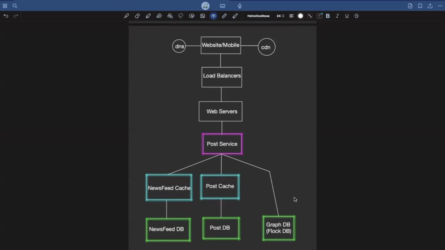So from the post service, the post will be written to the newsfeed cache for all the users. The post service will get the followers for this particular user from the GraphDB. For example, FlockDB could be used in Twitter. So assuming we are using FlockDB, it will get the followers for the